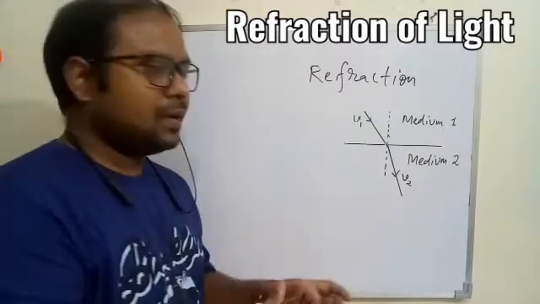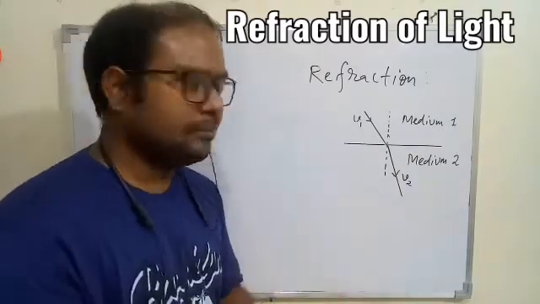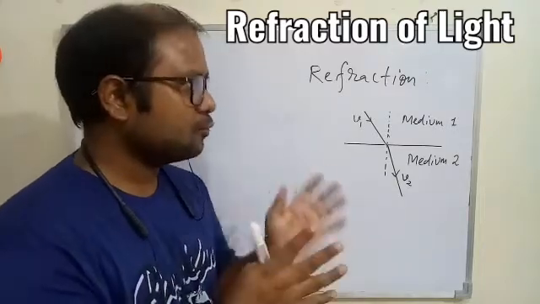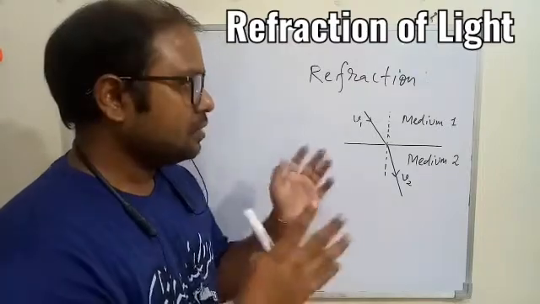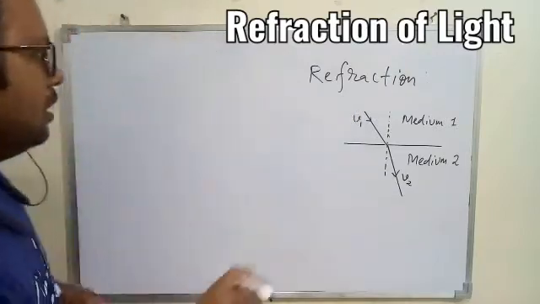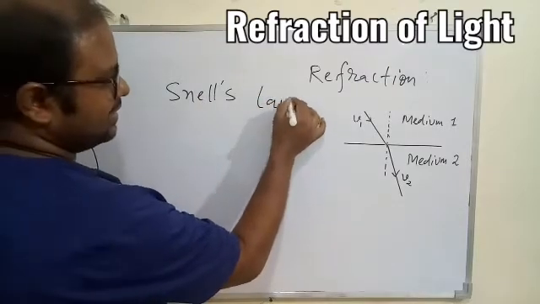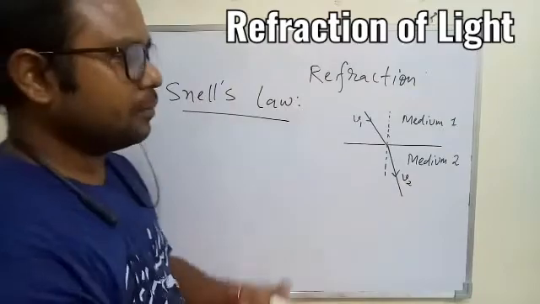Bending of light takes place in the second medium, and this happens because of the change in the medium, which causes a change in the speed of light. So that is one thing we understood. Whenever the light changes the medium, it changes its direction in the second medium, and that is called refraction of light. And Snell's law simply says that all the time, if we have a particular pair of media,